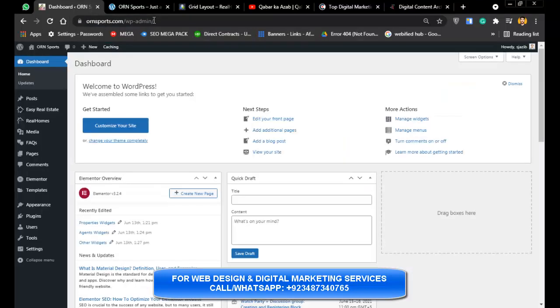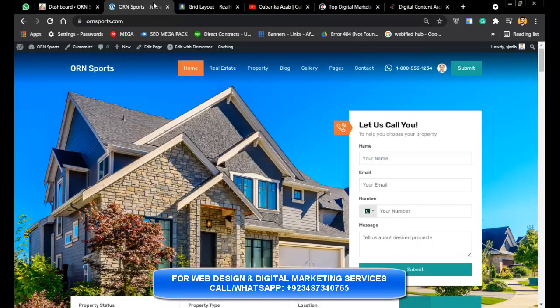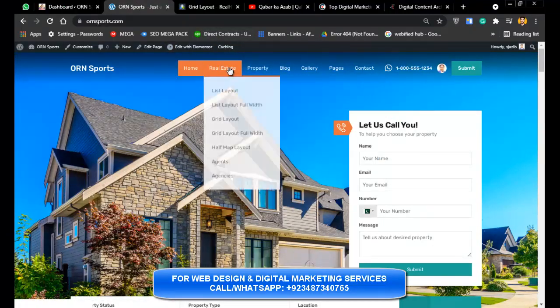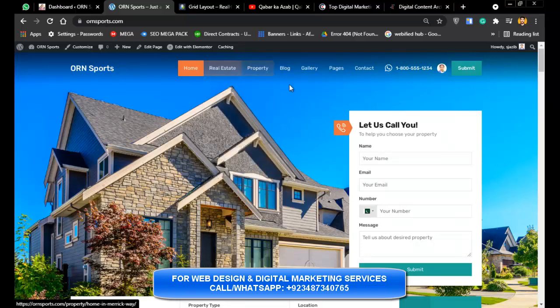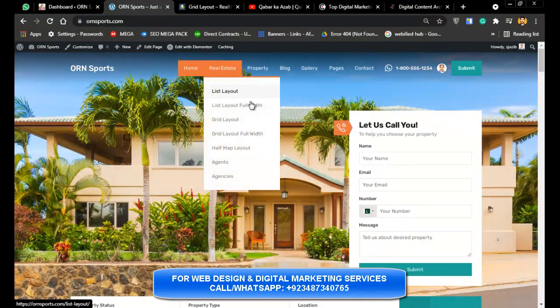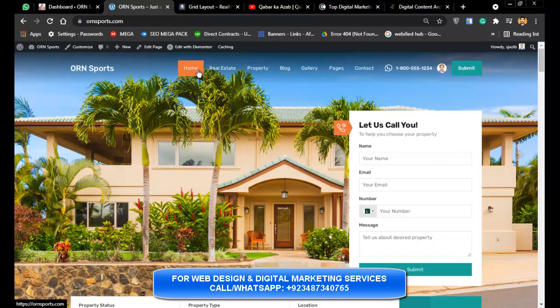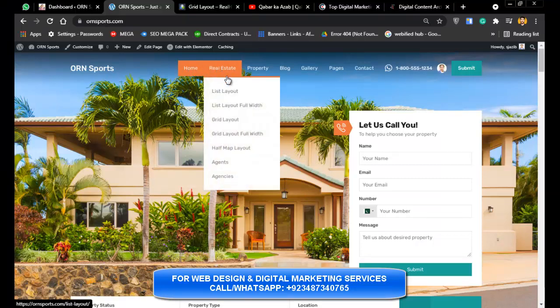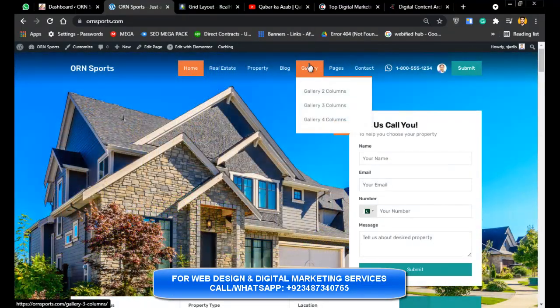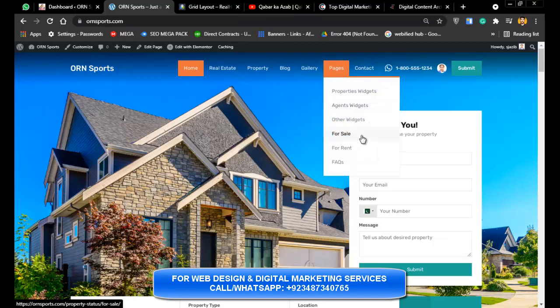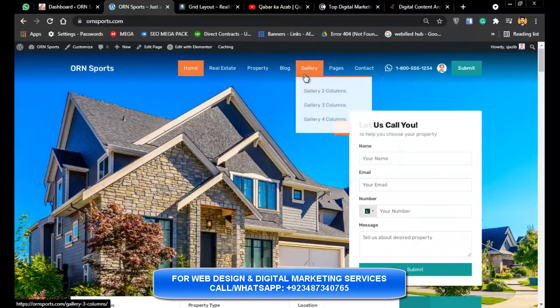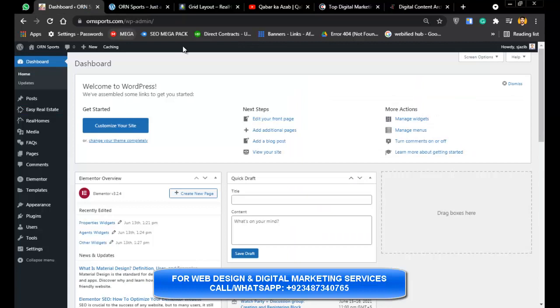Now on the dashboard of the website, we want to change these things, because on a professional website it doesn't look like that. We only want a home button, properties button, blog button, a gallery button, and properties for sale button, or whatever buttons we want.